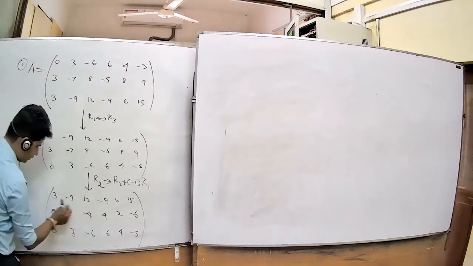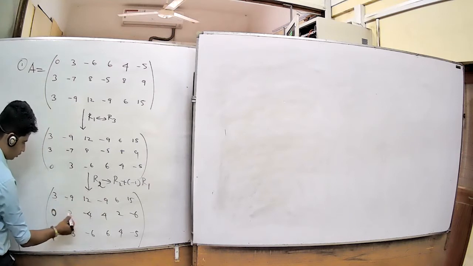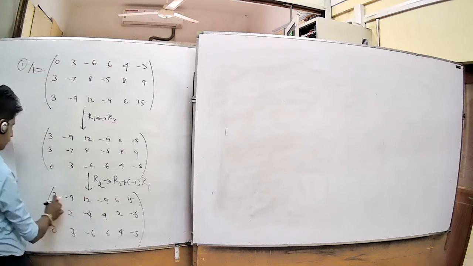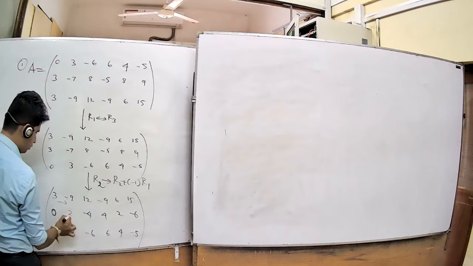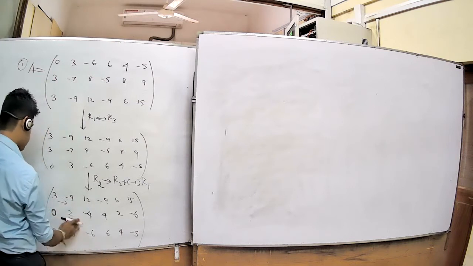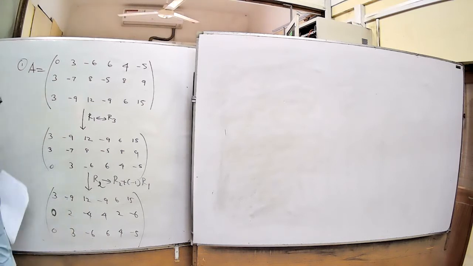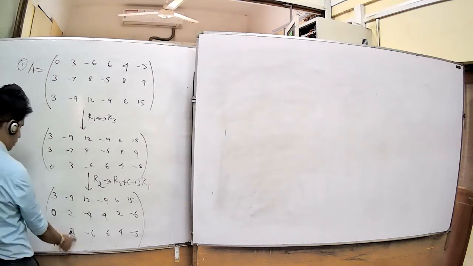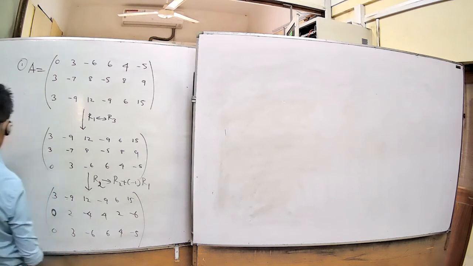Then you can move like this. You don't need to move here. Move to the second column, second row. Now the first row is done; now move to the second row and third row. Like this, you can move for the row equivalent form. Now you want to create 0 values. Then only you can move like this.